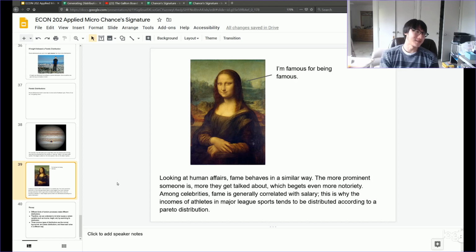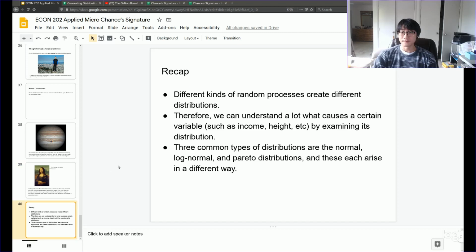If you're not famous, Nike is never going to approach you to help sell their sneakers, right? But once you've attained a certain level of fame, you're getting all these product endorsements. And of course, those things only make you more famous because they're getting you out all over TV and all over the media and things like that. So this idea of the famous becoming even more famous, the rich becoming even more rich, that's what drives a Pareto distribution.